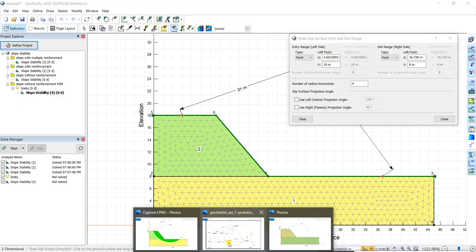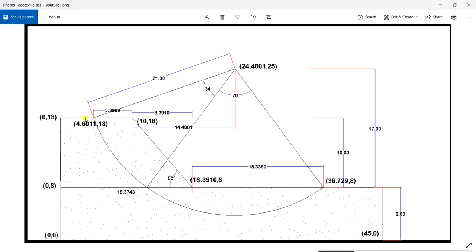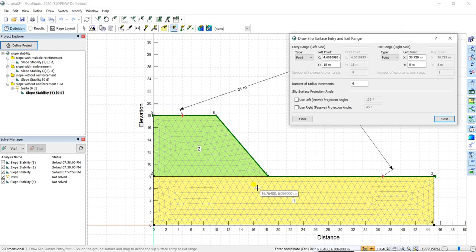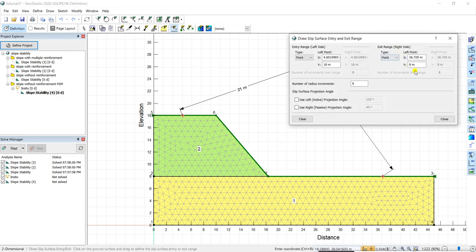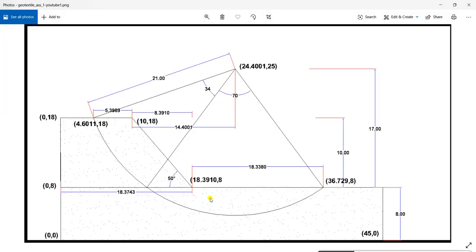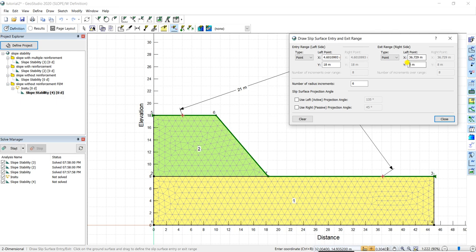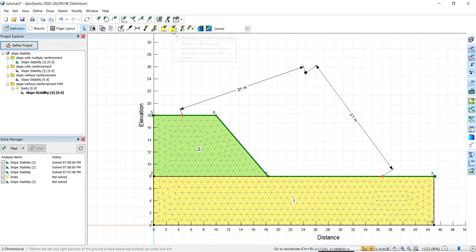As I have shown in my figure, my coordinates are 4.60 comma 18 for the entry point, and for the exit point my coordinates are 36.72 comma 8. For the number of radial increments, I want 6, so it will calculate 6 circles going from these 2 points. And now I close it.